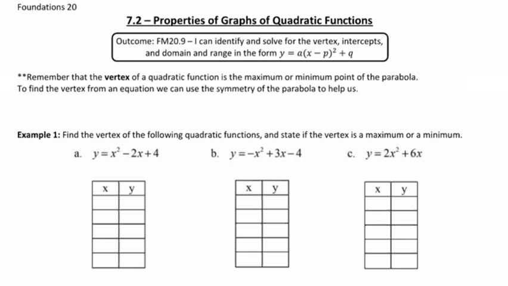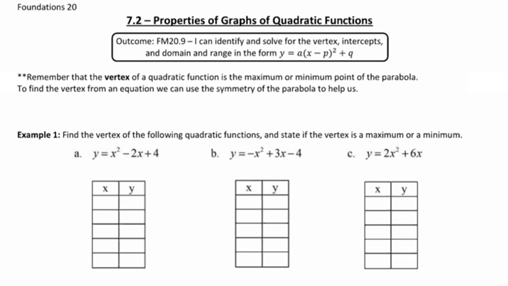So either the highest value if it opens down, or the lowest value that it's at if it opens up. To find the vertex from an equation, we use the symmetry of the parabola to help us. So we know that it's going to be the middle of our graph, so whatever our x value is there, and we can use the equation to identify that. So example 1 is we want to find the vertex of the following quadratic functions and state if the vertex is a maximum